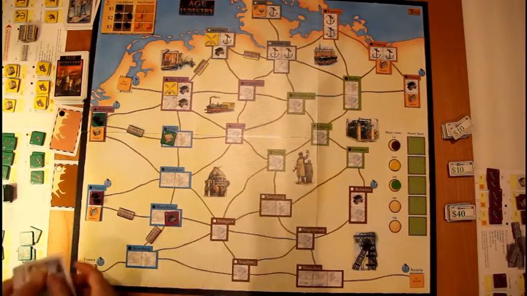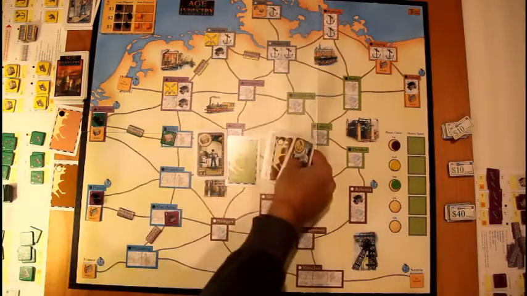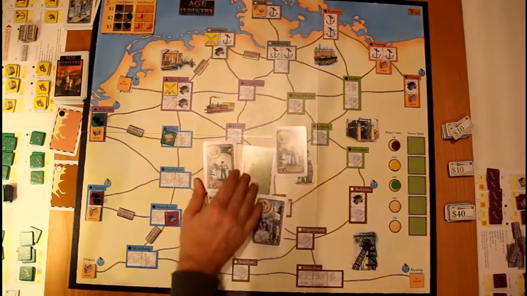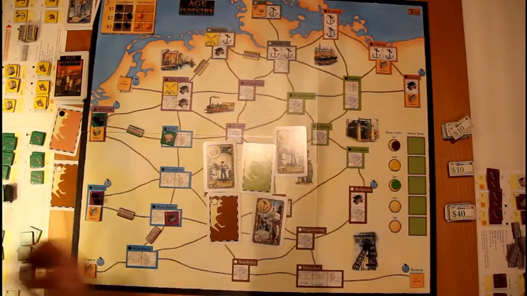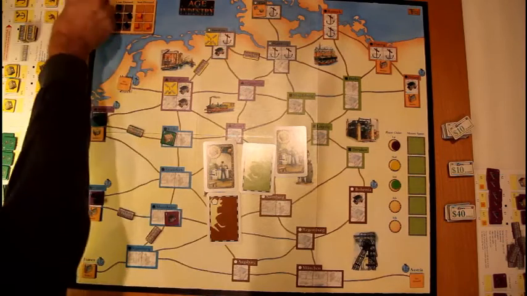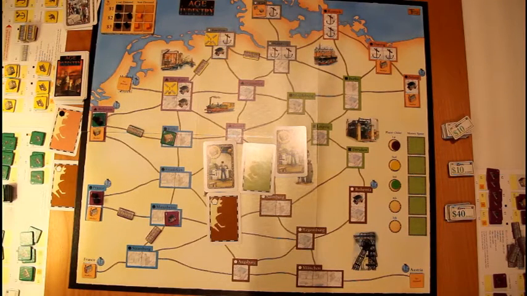All right, so now that purple's first, purple gets to do something, and I'll show you something else you can do. If you want to build somewhere and you don't have a card that lets you build where you want, what you can do is you can discard one card. So he's going to discard his port card. And what you can do is you can build anywhere you want, provided you meet the rules of the game. And what he's going to do is he's going to build a market in